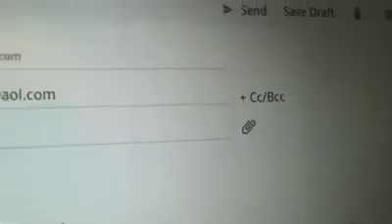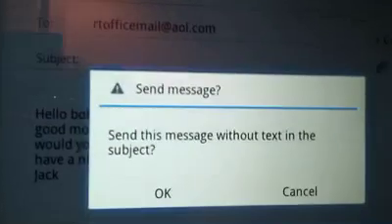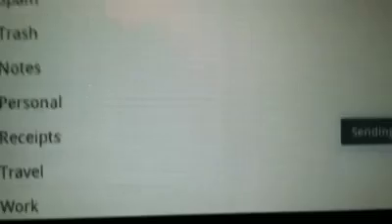And the nice thing about the Android system is I could send this message by just tapping the button up here. Send message. It gets asked a second time, and I hit OK, and the message is being sent right now. As you can see, it said sending message. So going back,